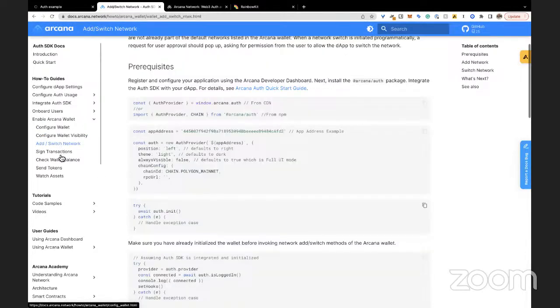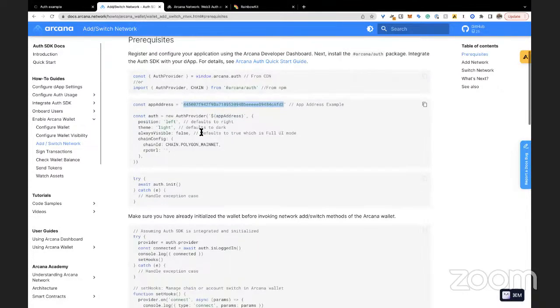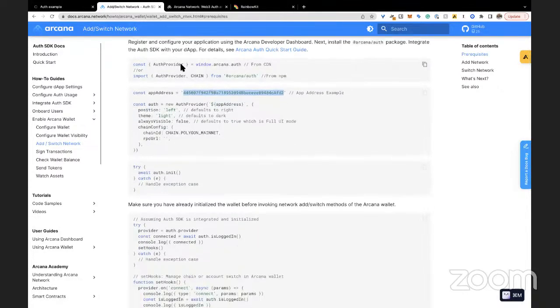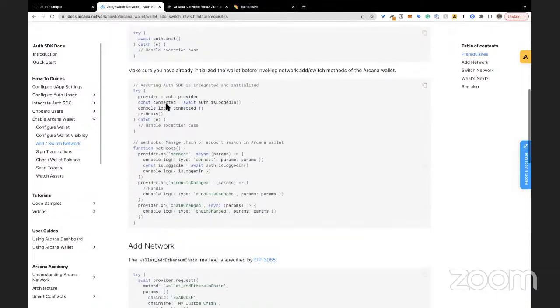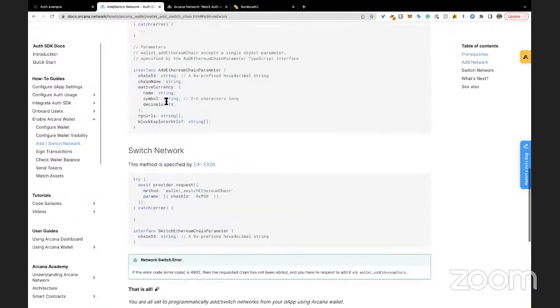Add switch. Again, these are standard functions that you would have used anyway in other wallets. The one thing you have to do in our case is define this constant auth provider and then import it. And remember earlier, when you created an app, you got an app address, and this is where you would paste that, right? So then once it's initialized, there is a provider, and we do have examples for using